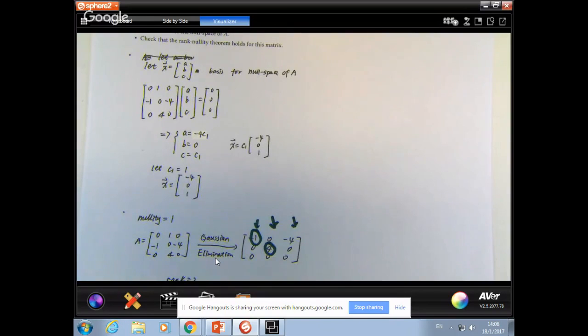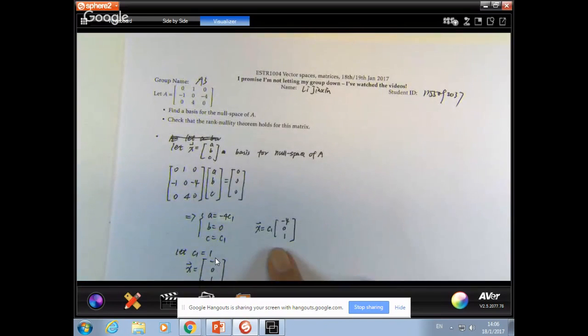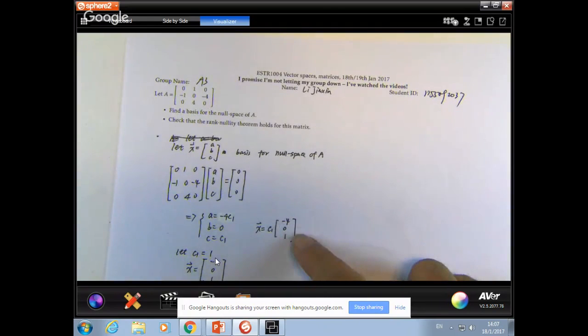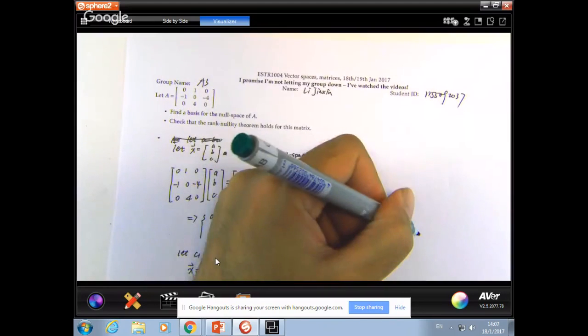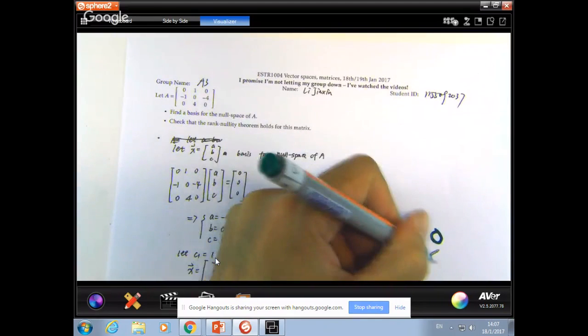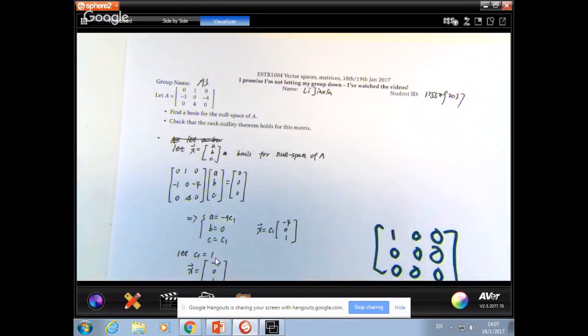So, the null space, let's just look at it visually. The null space is the set of all vectors of this form. In the case of this question, it's the set of all vectors of the form C1 times (-4, 0, 1), right? This is a one-dimensional vector space. You could have maybe a two-dimensional vector space, right? It could have been the case that this matrix was, let's say, for example, if this matrix was just 1 0 0 0 0 0 0 0 0, in that case a basis for the null space could have been